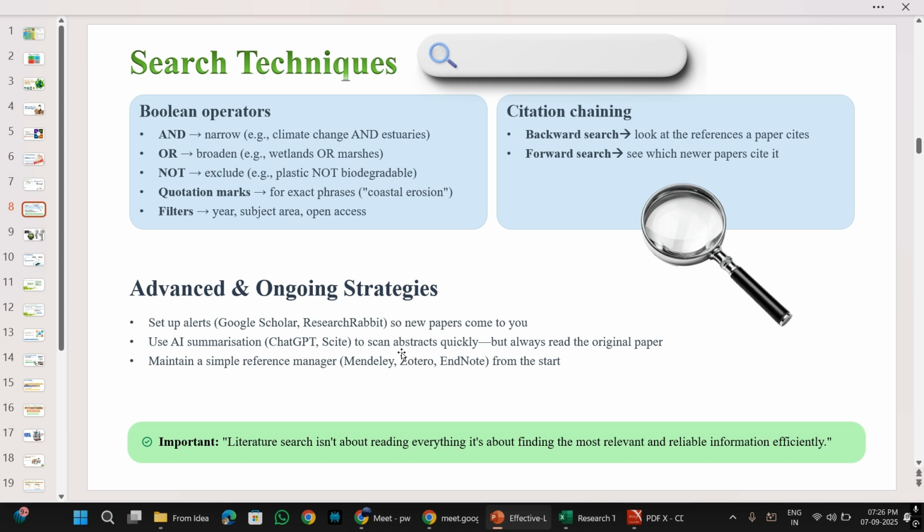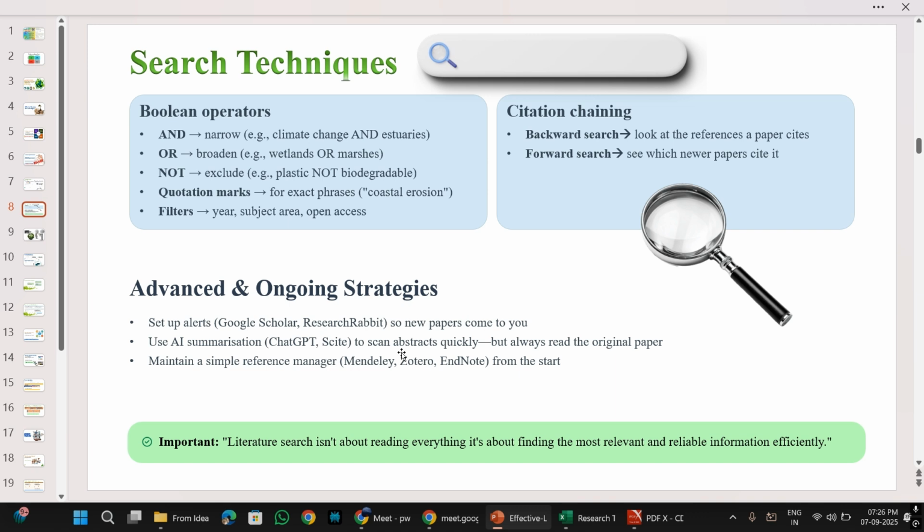a publication or an article has been published in the domain that you are interested in or that you have searched for. You can also follow some important authors. They often publish or they are actively researching into the similar problem that you are trying to investigate, so you can put alerts on them as well using ResearchGate or using Google Scholar and things like that.